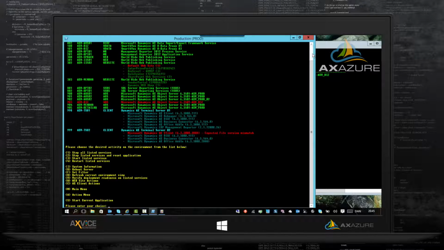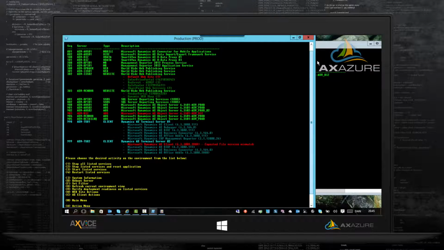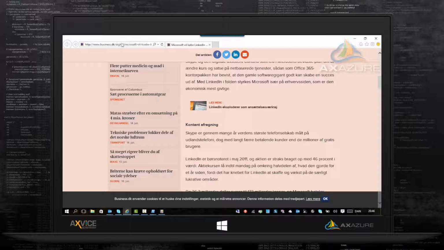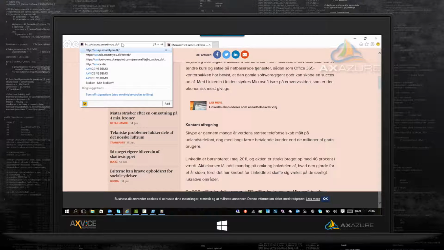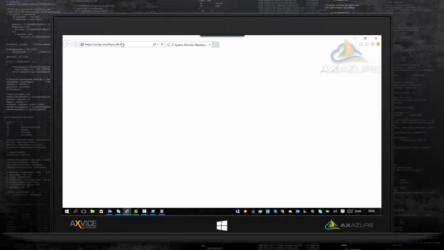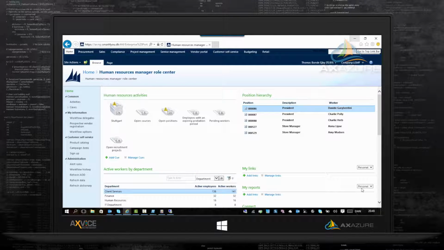Now, another thing that you might have run into is you want to be able to manage your enterprise portal in a nice and neat way. And there's a menu item called Website Actions here. So in my web server, or in my enterprise portal, and let me show you where that is. This is the one. Now what you see here is my enterprise portal.